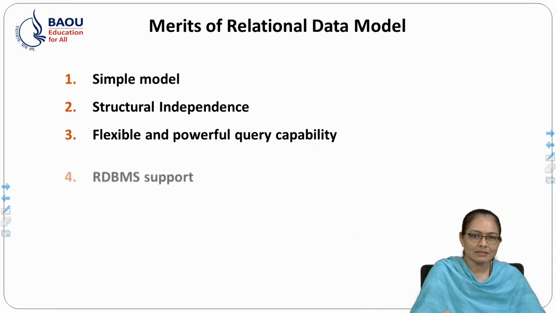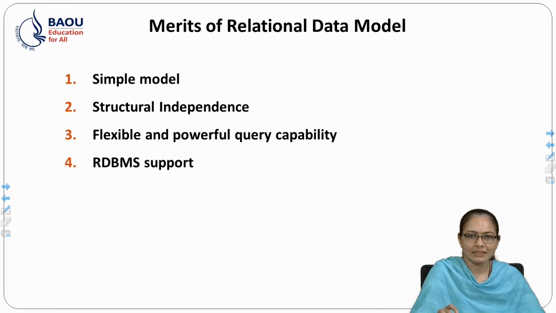Now the next is RDBMS support. In this, the availability of a powerful RDBMS isolates the end user from the physical level details and improves the execution and administration easily. Now, accuracy: the key feature of the relational database is that it is strictly defined and well organized in a table format. So the data does not get duplicated, and it uses the primary key also for reducing duplication.